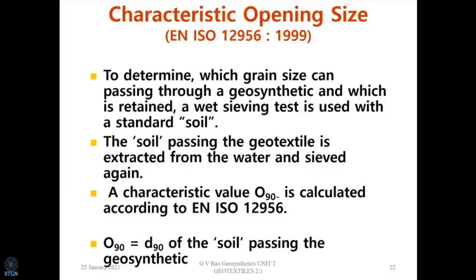What are glass beads? Glass beads are made from molten glass that you drop in water. What happens is we get only a few purely spherical beads actually. The purely spherical beads are glass beads. So we can place different ranges of particle size of glass beads and then get the opening size distribution. But these beads are very, very expensive, and sometimes they also get clogged in the geotextile. There are a lot of difficulties with respect to that.